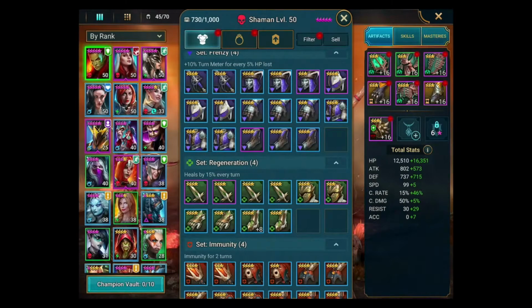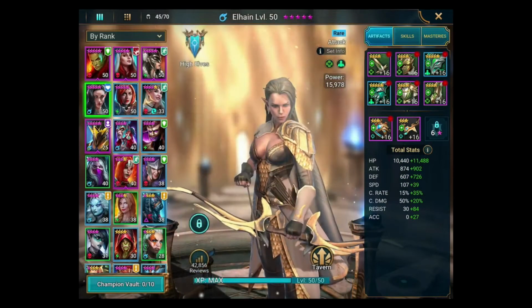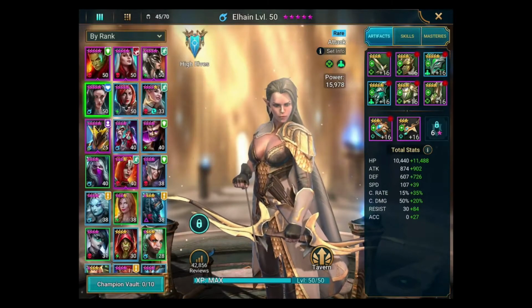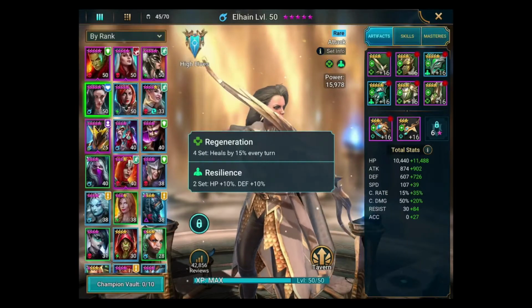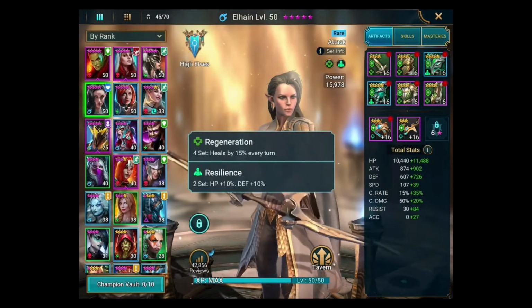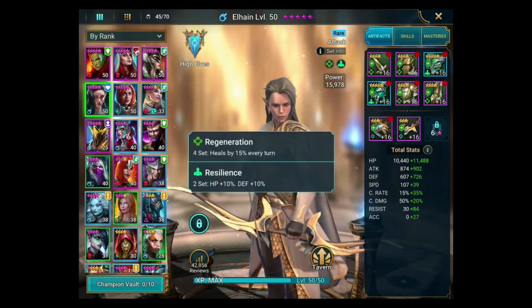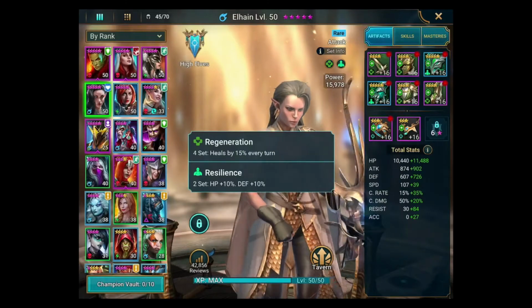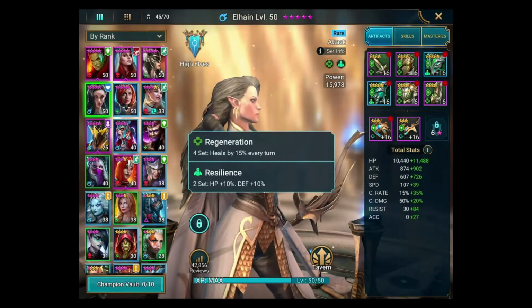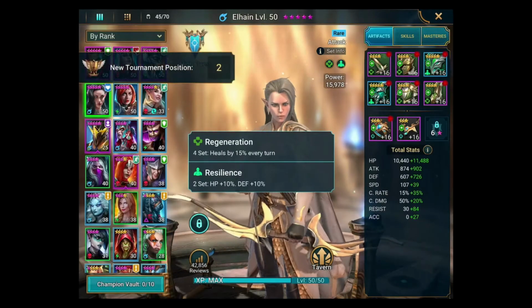That is what I have on her. I have a regen and resilience. So the regen, she's healing by 15% every turn, which for her is close to like 3,000, which is awesome. And then for the resilience, she gets an extra 10%